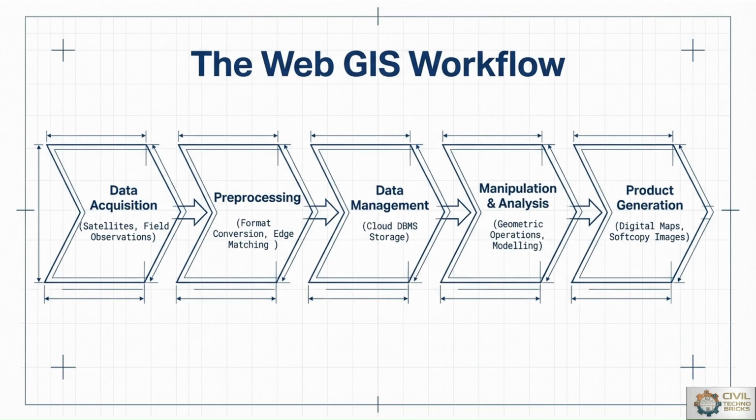Pre-processing and data management within the workflow include tasks such as format conversion, edge matching, and correction to ensure data consistency. Cloud database management systems enable centralized management for large spatial datasets, while GIS analysis tools perform geometric operations, terrain modeling, and infrastructural analysis. At the end, product generation: from the civil engineering point of view, GIS products such as digital maps, thematic layers, and soft copy images are